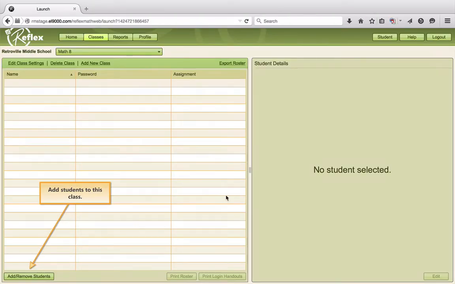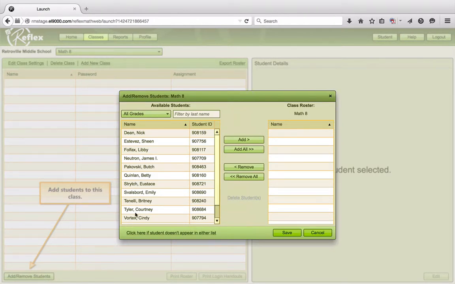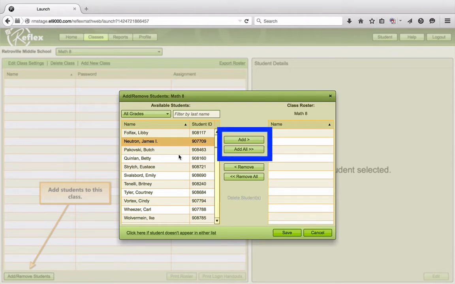Once you have created a class in Reflex, you will click the Add Remove Students button to add students to that class. Your Reflex administrator may have already added all of the students to your school. Look in the left column of the dialog box that opens to see if your students are listed. If they are, you can highlight them and click the Add or Add All button to move them into your